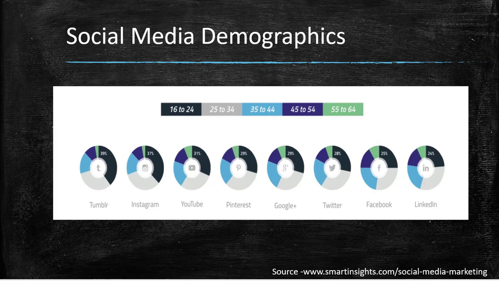The amount of time spent on social media and the kind of intensity a user shows might vary, but you will get every demography, every age group, every gender on social media. It's not about male, it's not about female, it's not about 16 years, 40 years or 60 years. You as a marketer will be getting every demographic on social media.